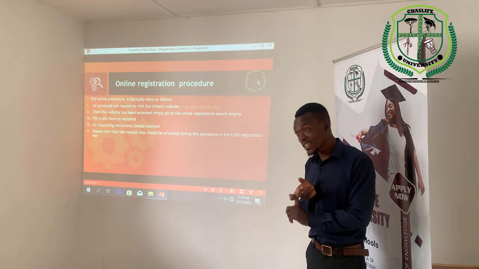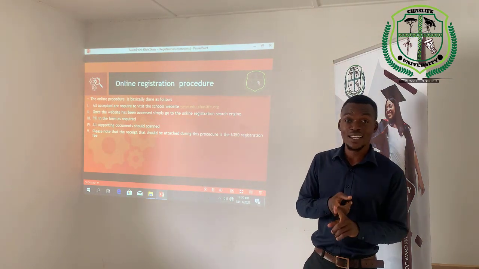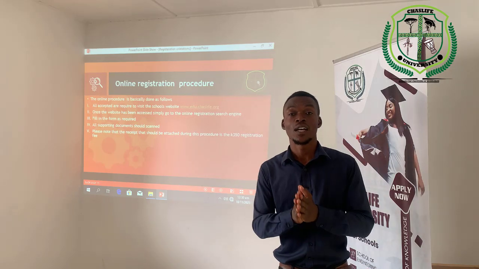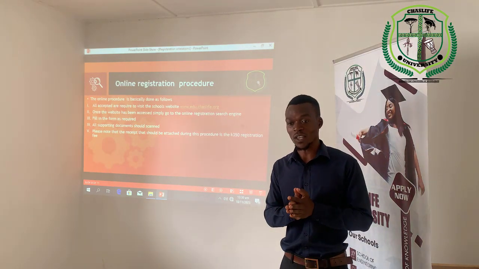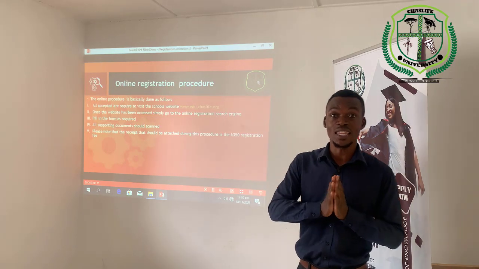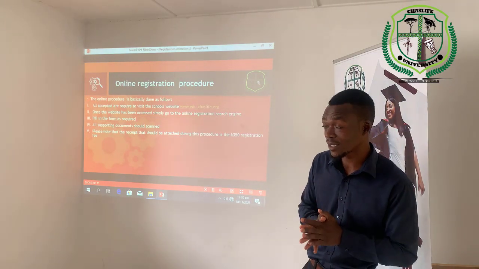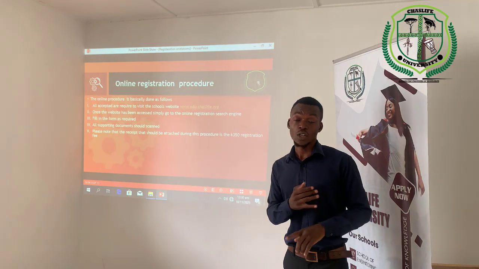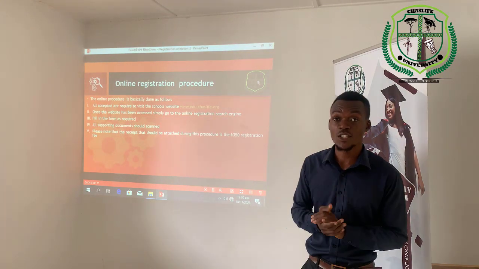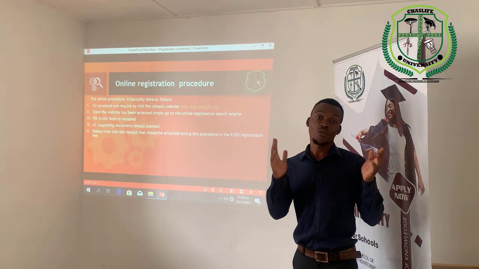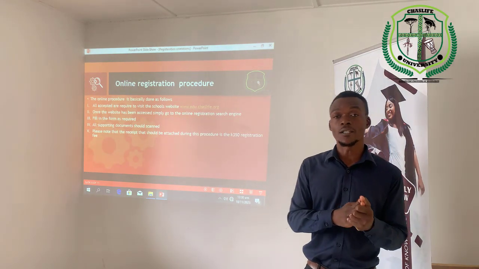If you know you completed the registration process, these are the outcomes that you need to look out for. If you have completed the registration process, by now you must have a formal registration transcript. By formal I mean the approved registration transcript that will reflect, number one, the courses that you're supposed to take this particular semester. It will also reflect the